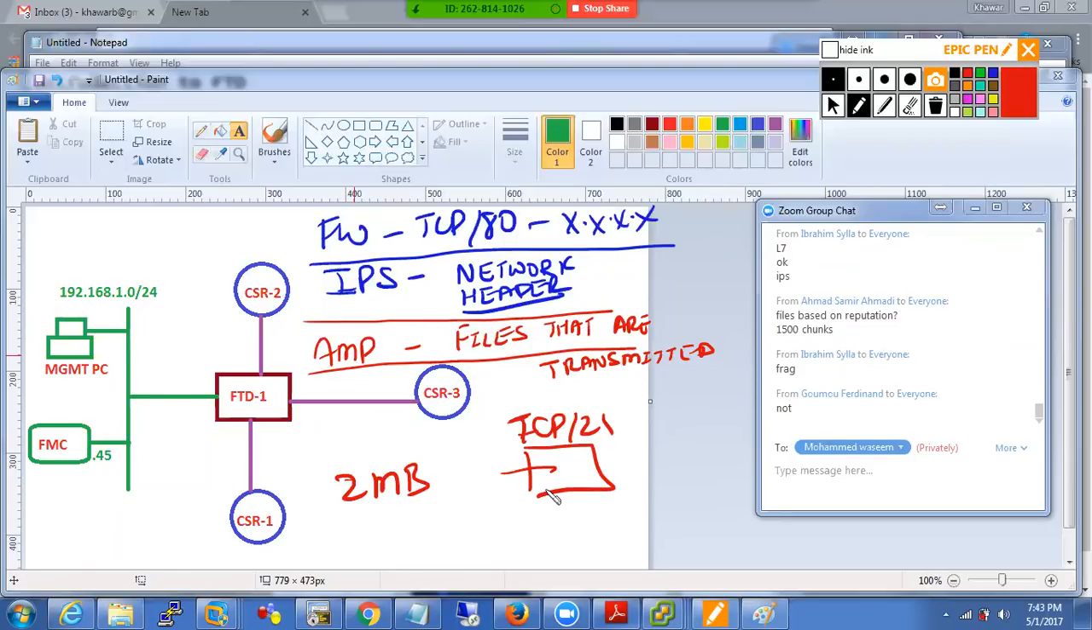So you guys understand that? That's not just a network header. It's the actual file that is getting transmitted, not in one packet. It's transmitted over multiple packets. It gets a file, makes the whole file, checks the file for what? Any malware on it. Not only that, it can also be used for